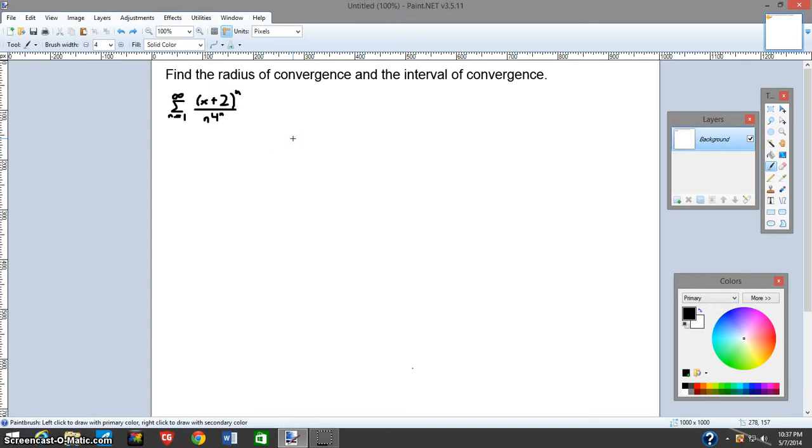I'll be showing you this through this example, where we're going to find the radius of convergence and the interval of convergence of the summation between 1 and infinity of